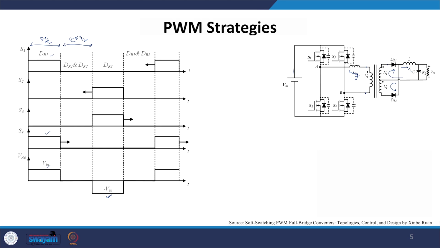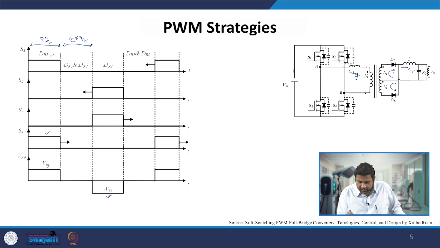So for the possibilities, what we do is we define the two half bridges which we have: one bridge we define as a leading leg and the other bridge we define as a lagging leg. Now I will tell you why we are calling them the leading leg and lagging leg.